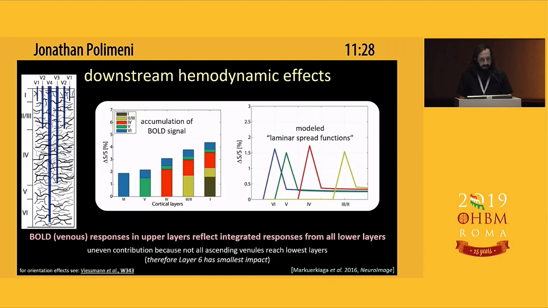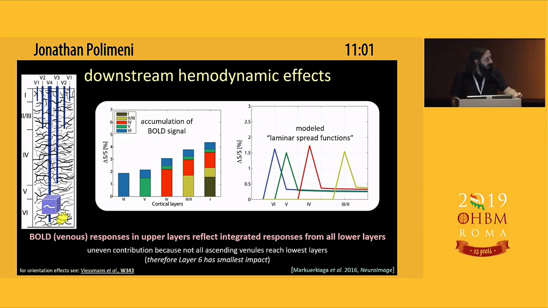introduce some detection bias. And lastly, even if there is local blood flow control that is layer specific, we still need to contend with the known downstream hemodynamic effects, especially in BOLD fMRI. The idea is that deoxygenated blood drains upwards through the cortex on its way out of the brain. And what that means is that BOLD responses in upper layers are going to reflect an integrated response from all the lower layers. So if you consider, for example, if there's neural activity in layer